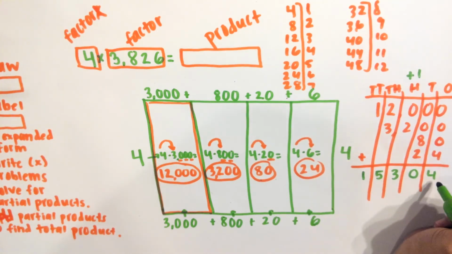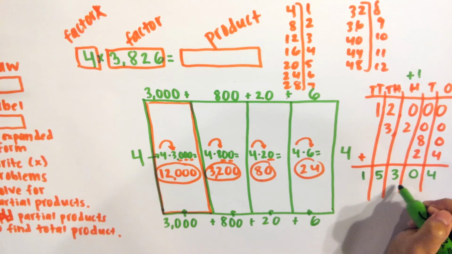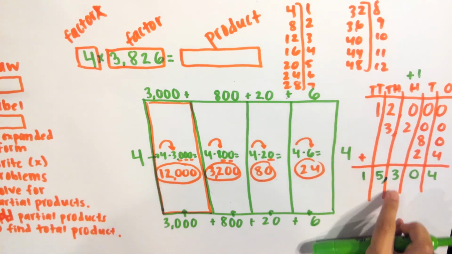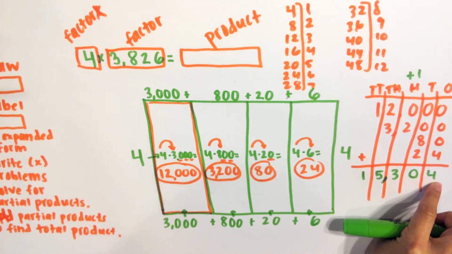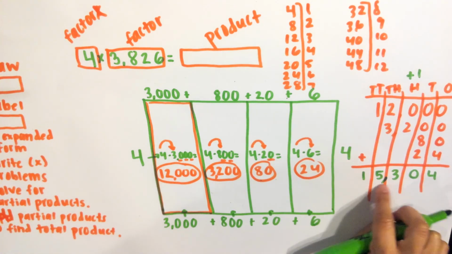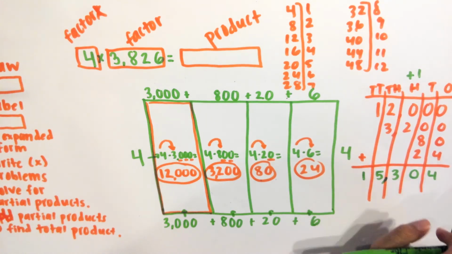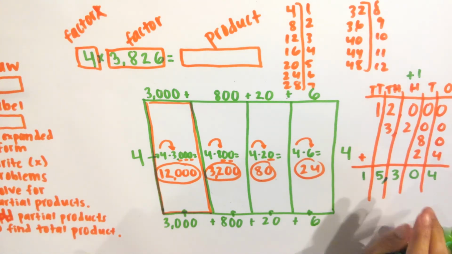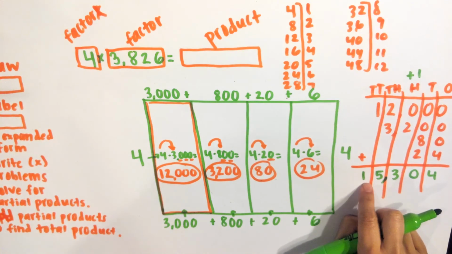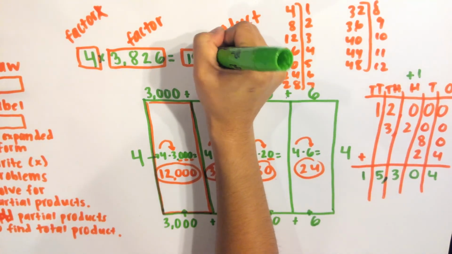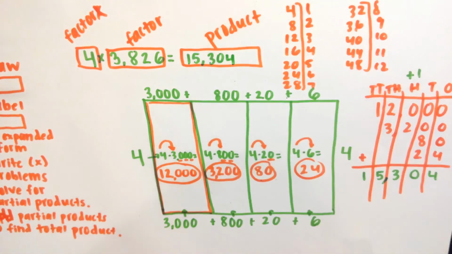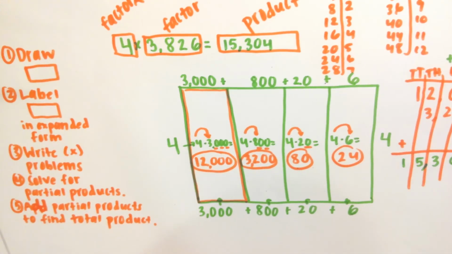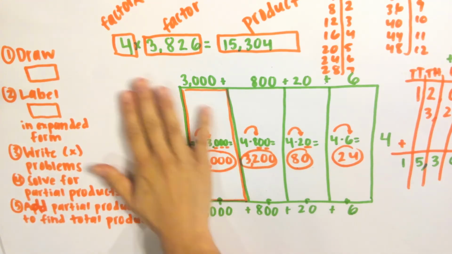So my answer here, I'm going to write my comma. 1, 2, 3. My total product is 15,304. Notice that I did not say 15 and 304. There are no ands until we get to decimals and fractions and mixed numbers. So my product is 15,304. And that is a review on how to use area model, the place value sections method to multiply one